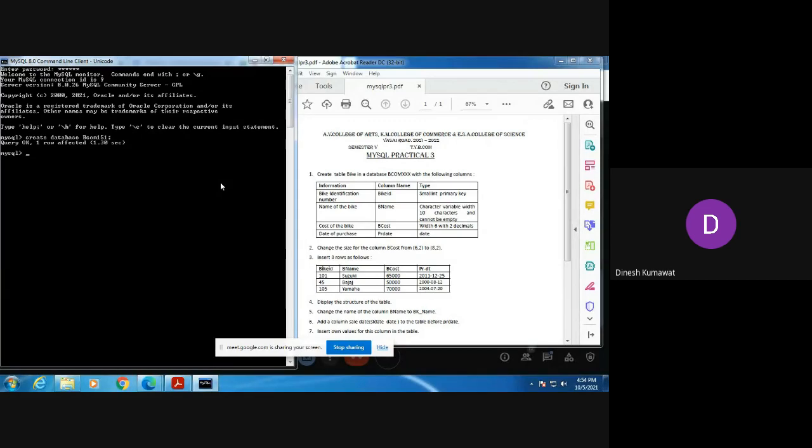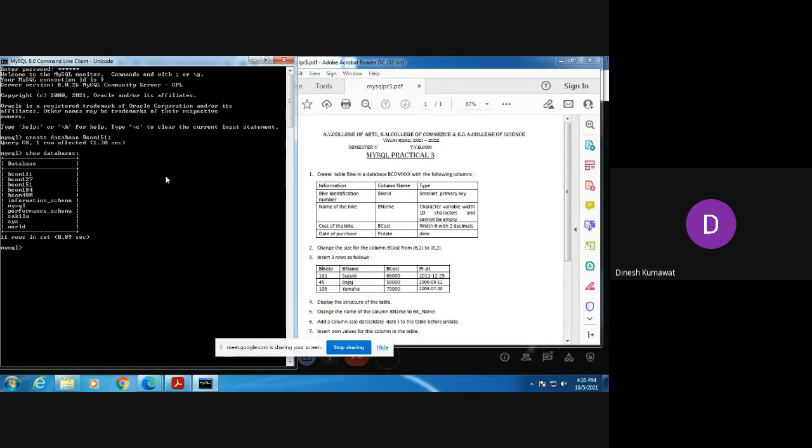Now suppose we want to see whether this database is created or not in my software, then how can we check that? Which query do we need to give? Show databases. At the end, give the semicolon for completing the statement.